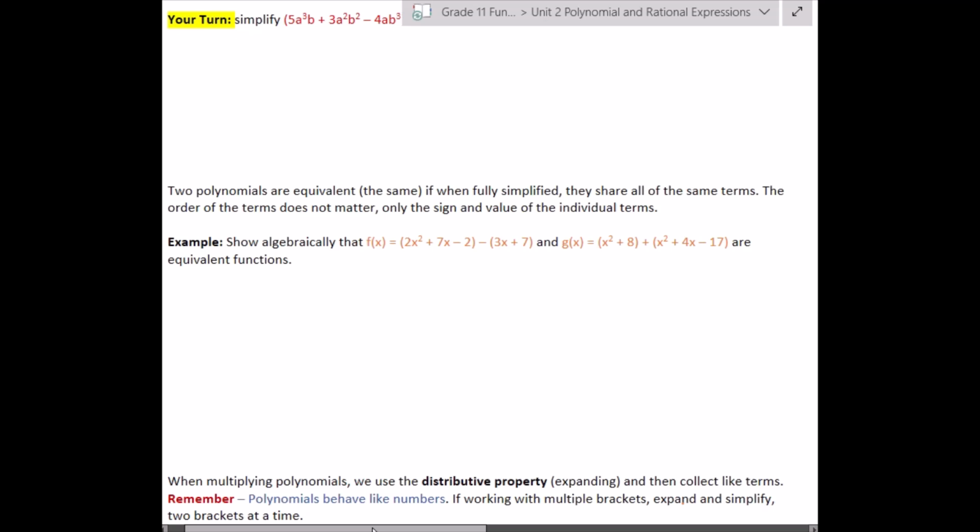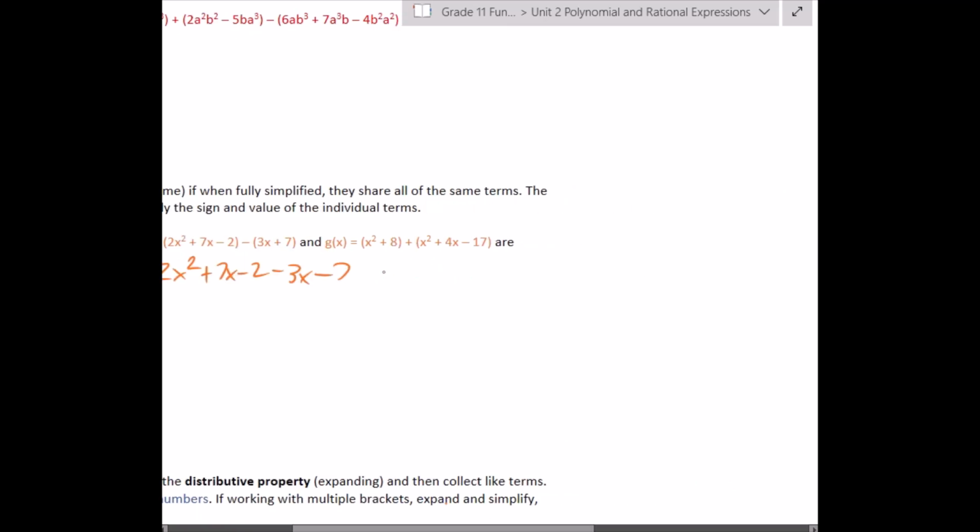So we want to show that f of x equals g of x. So here we're going to simplify both of these expressions. So here we have 2x squared. Remember the brackets, there's no coefficient there, minus 2. And then we have minus 3x minus 7, because that subtraction is going to change all the signs of that bracket. And then g of x here,